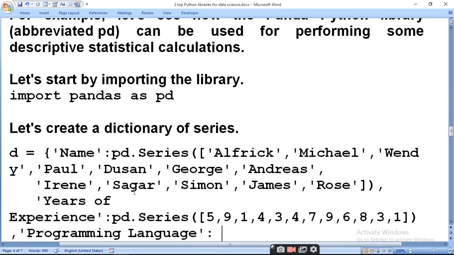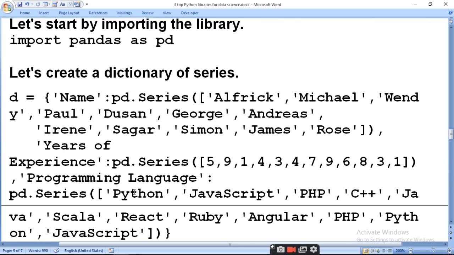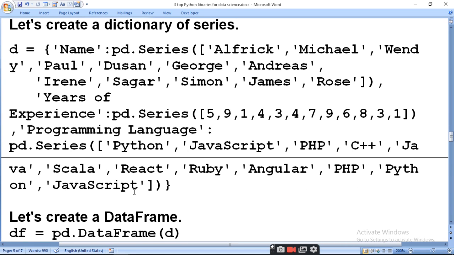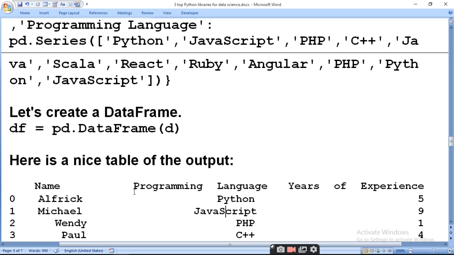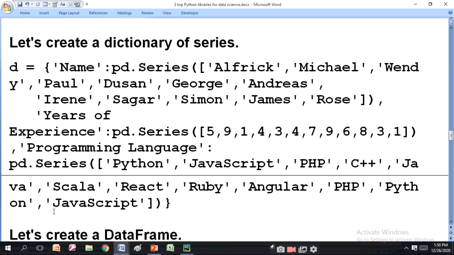Name, pd.Series, different names of the programmers who have different years of experience and have skill in different languages. So you can create a series and data frame by using pd.DataFrame(d). This is for the data series which we created, and now run this and get the frame and data series